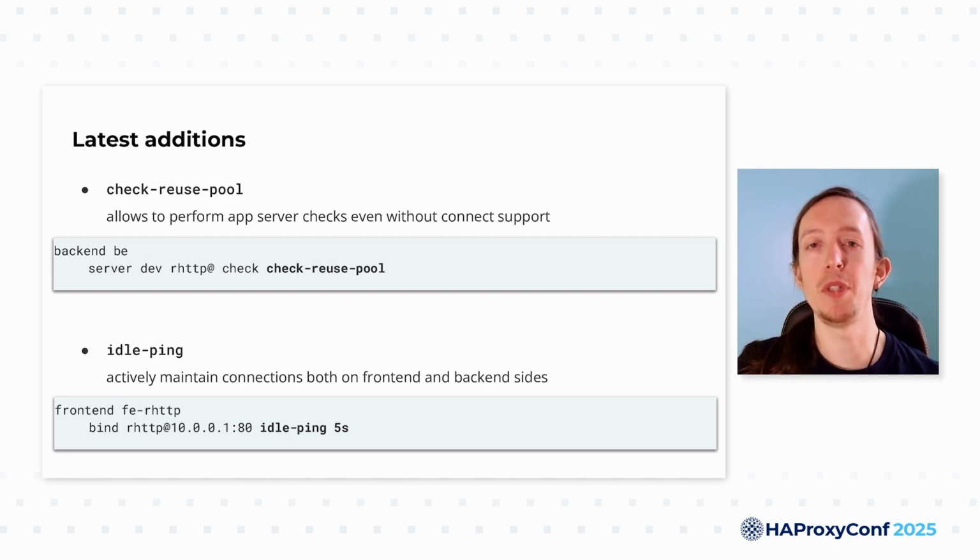For reverse HTTP, idle ping is quite useful. So for example, on the dialer, you can activate it on the bind line. And this will allow the dialer to periodically check the liveliness of the open connection. If one connection is not active anymore, the dialer will be able to actively reopen the connection to the gateway. Also, idle ping is useful to ensure that connections won't be removed due to inactivity timeout on the gateway or the dialer side.